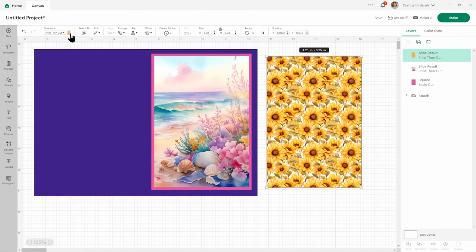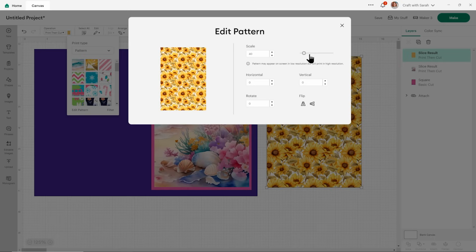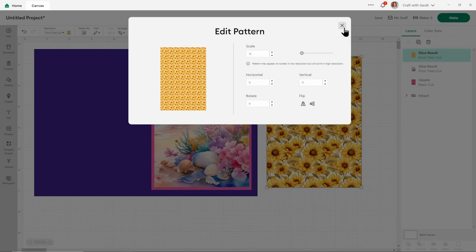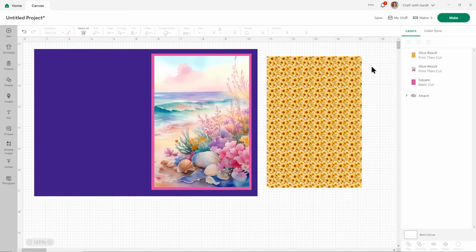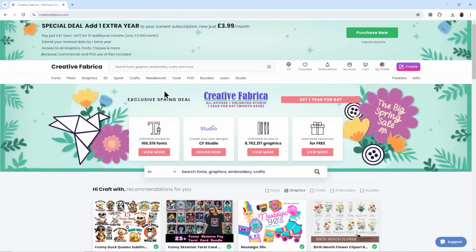And that gives you awesome options when you're doing print and cut projects to create your very own background papers or patterns. This is lovely for card making and also for scrapbooking. Let's get started. There are lots of places online to download pattern files from, but one of my favourites is